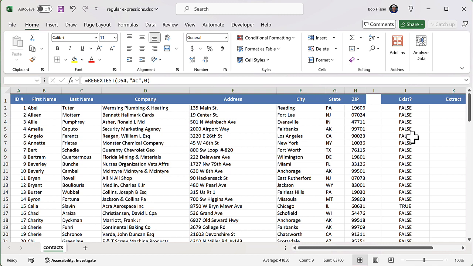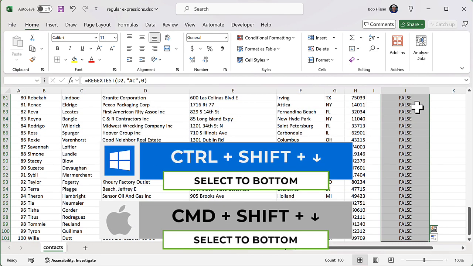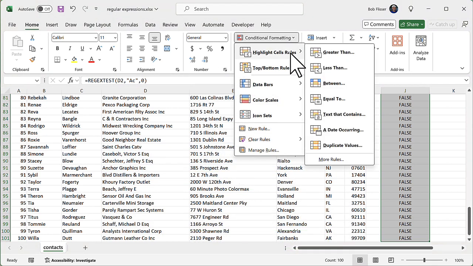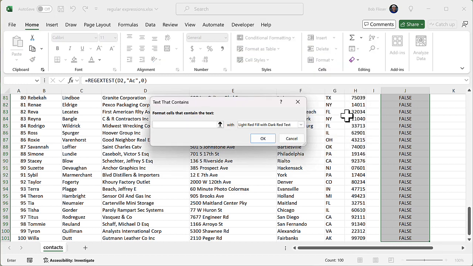So what I'm going to do to make this easier to read is apply conditional formatting. I'm going to start at the top, and press Control Shift down arrow. If you're on the Mac, Command Shift down arrow. And on the Home tab of the ribbon bar in conditional formatting, I'm going to go to Highlight Cell Rules, and where it says Text That Contains, I'm going to put in True,